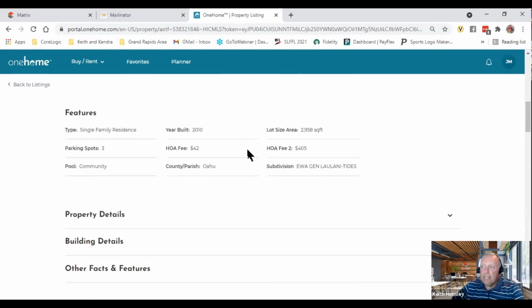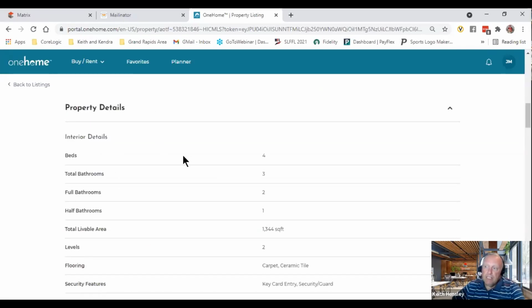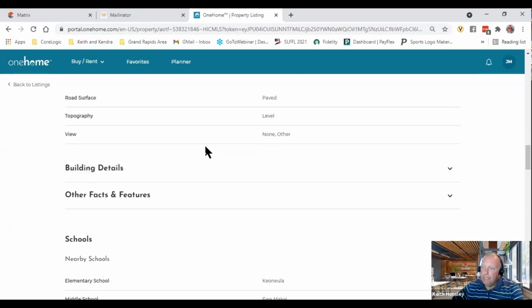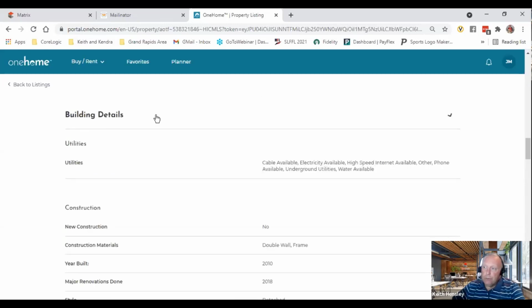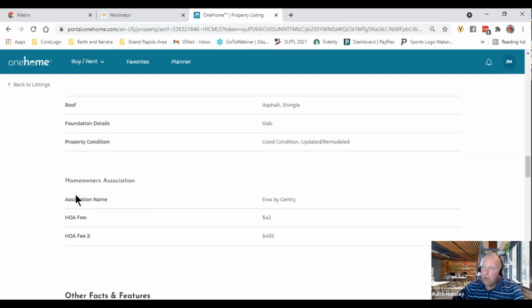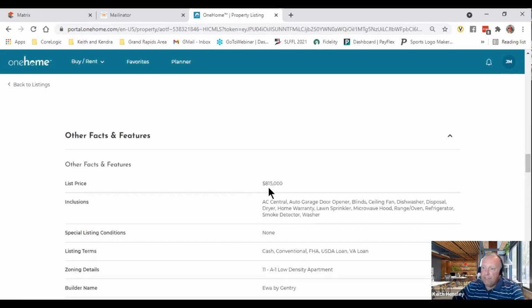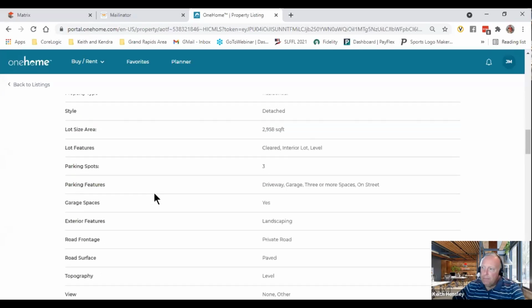But as Janelle scrolls down, she can open up the property details and see all kinds of interior details and exterior details. She can scroll on down and open up the building details. She can open and close those little boxes, drop-down menus, to see utility information, construction information, homeowners association information here, other facts and features. Okay. And one of the main reasons why all these options are kind of closed up is because